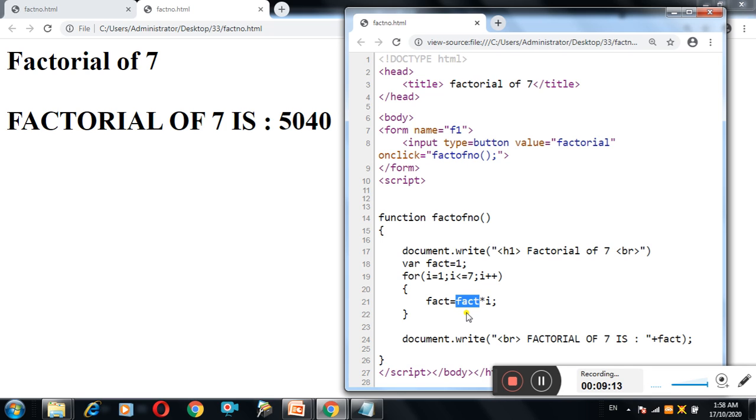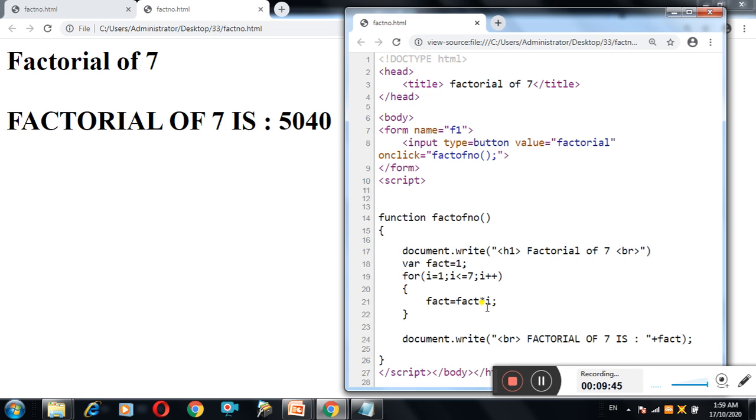So the value of fact is now 6 and the value of i is 4. It will multiply these two numbers again after checking the condition. Multiply this 6 and 4, 24, right? So 6 4s are 24. It will save this 24 in fact, and the value of i will increment by 1.